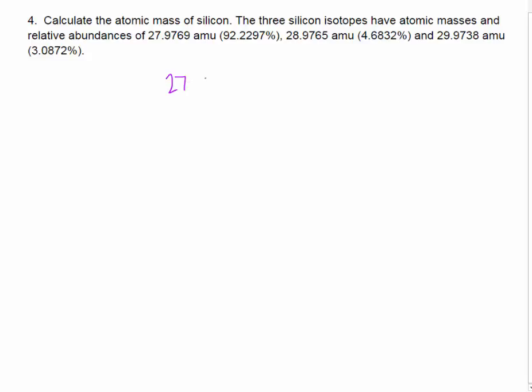The isotope of silicon that has a mass of 27.9769 has a percent abundance of 92, which will be 0.922297,